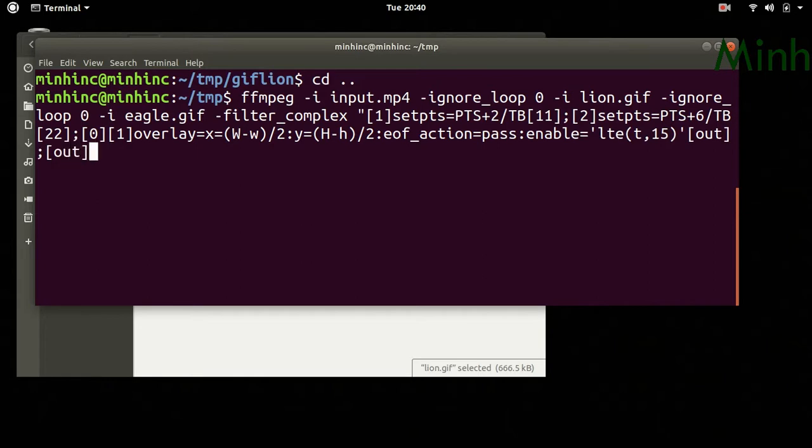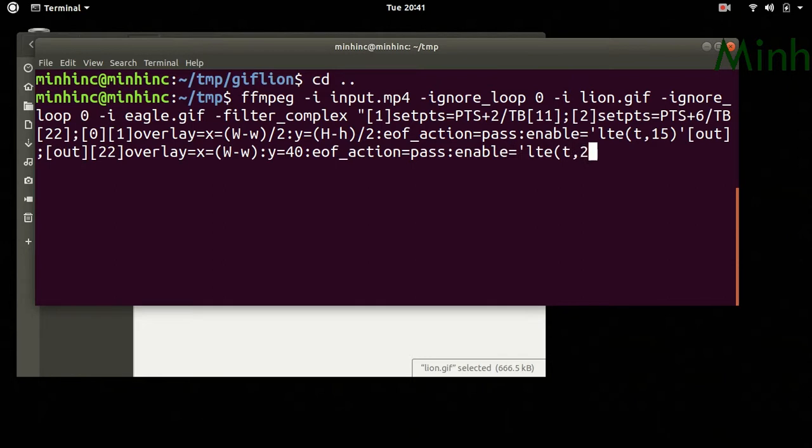Now we will overlay 2 on top of out. overlay x equal to, so the eagle will be in the corner only, so probably the right corner, main_w minus w, y equal to some 40. Same story, eof_action equal to pass, enable equal to lte.